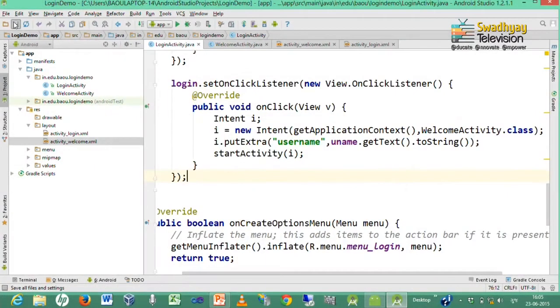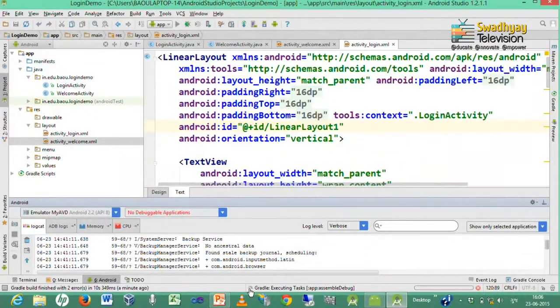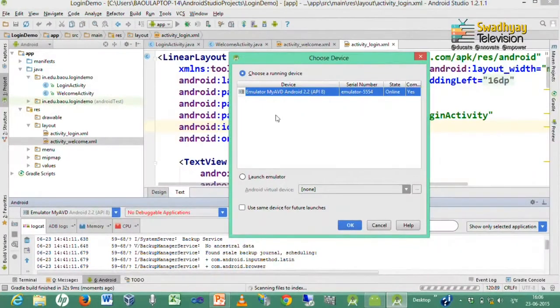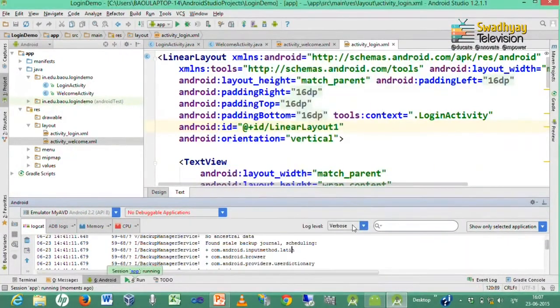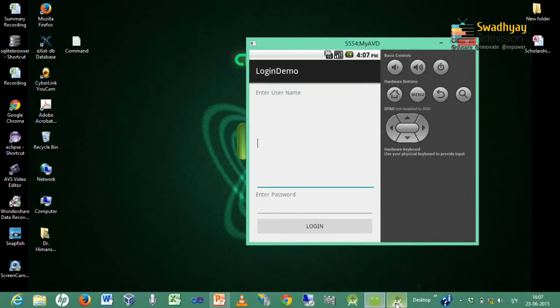So, now both our activities with their interfaces are ready, and we can save all the files and start this application by clicking on this button. So, here you can see it is asking whether you want to launch this application on an existing device, and you have to check this option button. So, it will not ask you again and press OK. It takes some time to launch. So, here we have to type the username which is abc@baou.edu.in,